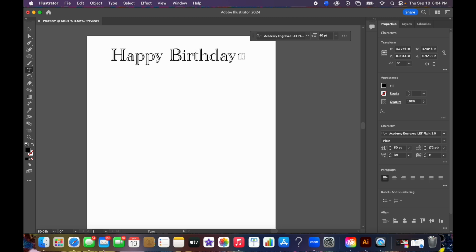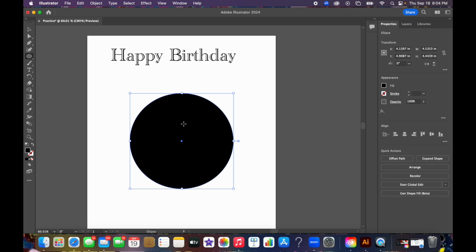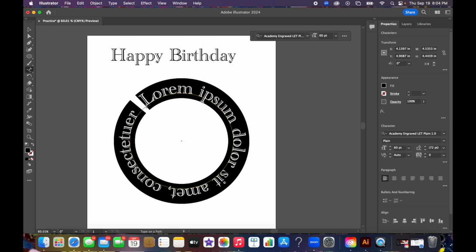It's just like Photoshop. But what I want to show you is typing on a path. So I'm going to create an ellipse. That's my path. I have to establish a path first. Then hidden under my text tool is the type on a path tool. And I'll hover over that until I see this barely legible fuchsia text that says path. You can barely see it, but it's there. And when you see that fuchsia path that is almost nearly impossible to see, you'll click, and then you're able to type